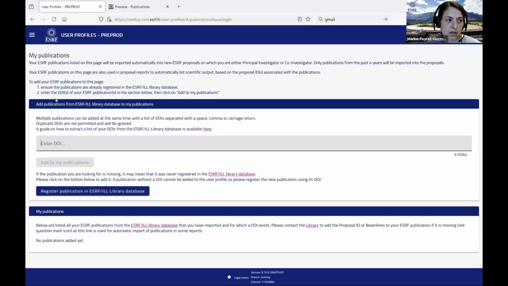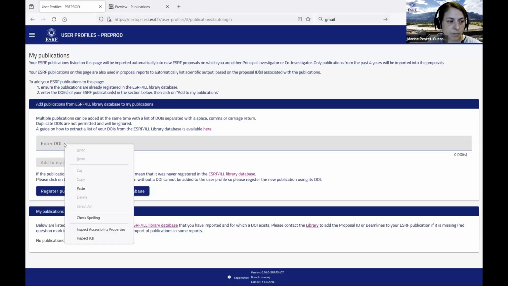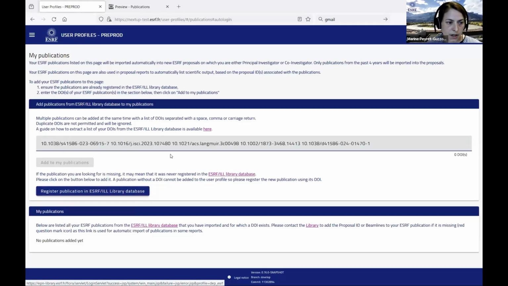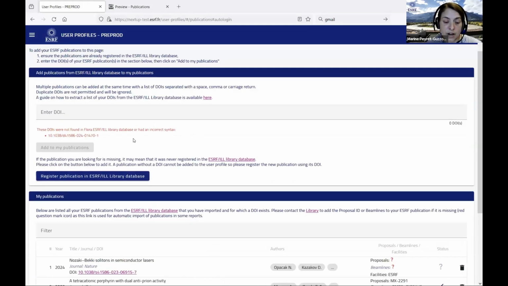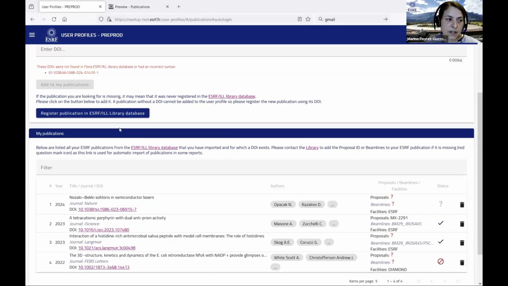This page contains two sections. The first section is to add your publications. You can enter up to 400 ESRF publications at a time by clicking on the DOI field, pasting some DOIs, exiting the field, and adding them to My Publication. The recognized publications will be automatically added to the second section of your My Publication page, and you will see